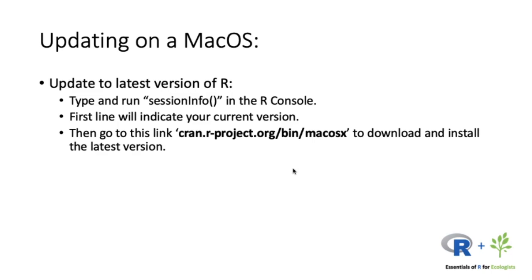And basically the same thing happens in R. So when you open R the first time, you'll see right at the top of the console the latest version that you're using. If you don't, you can also type in sessionInfo with two parentheses like that into the R console, and you'll see what the version is. And again, you can then go to cran.r-project.org/bin/macOSX to download and install the latest version of R in that way.